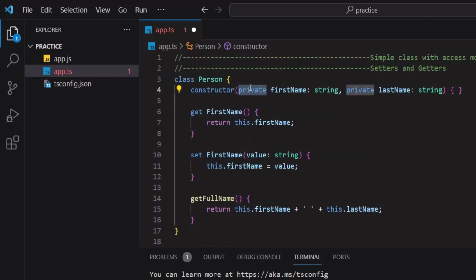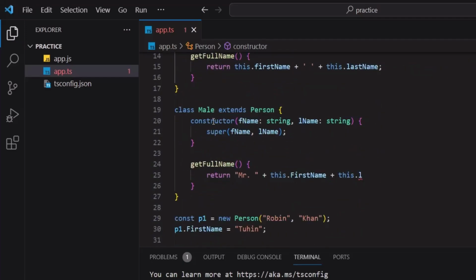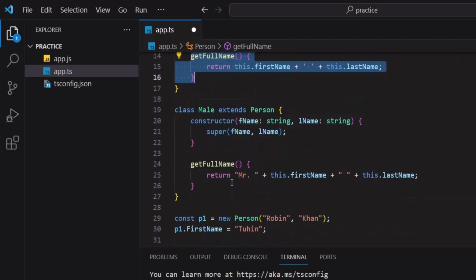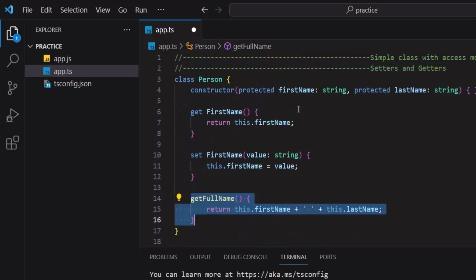So this is another access modifier in object oriented programming. So let's make this protected to access these properties in the child classes. So this is child class male, so we will access the first name and space and then last name. So this is how we can actually override a method from base class and also make protected to access them